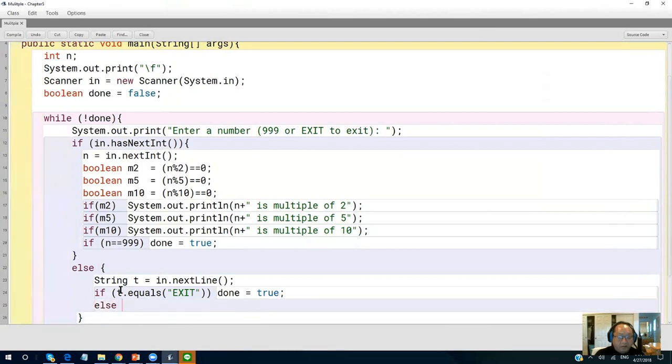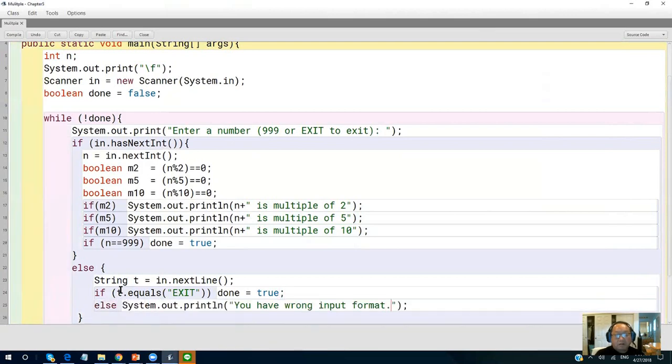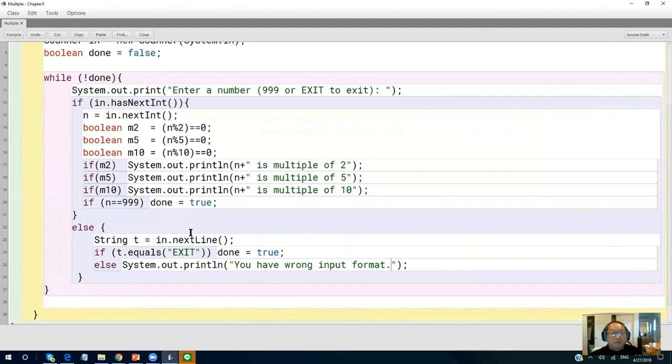Else do what? Okay? So here, let's do this. We continue to read in every time, right? If it's 999, actually, I'll calculate 999 and get out. That's one thing.